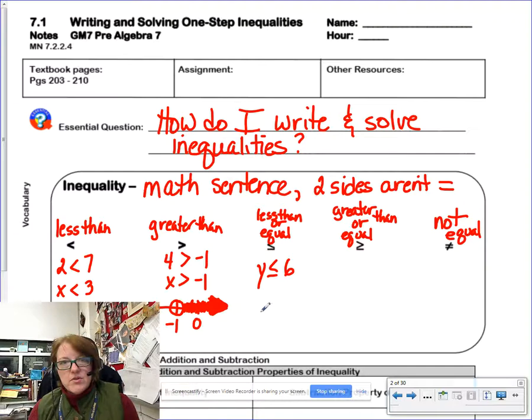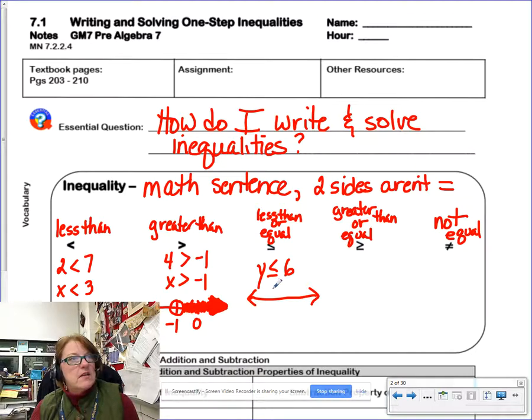There are a lot of numbers that work here. And this time, is 6 less than 6? No. But is 6 itself equal to 6? Yeah. So because we use the word or, it didn't satisfy the less than part, but it does satisfy the equal part. So when we go to graph this one, and if you're graphing by hand, if you don't have